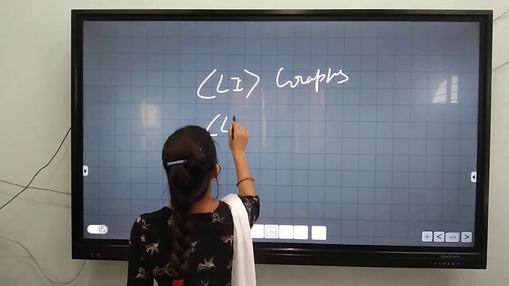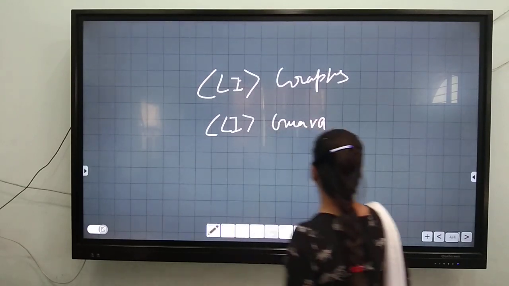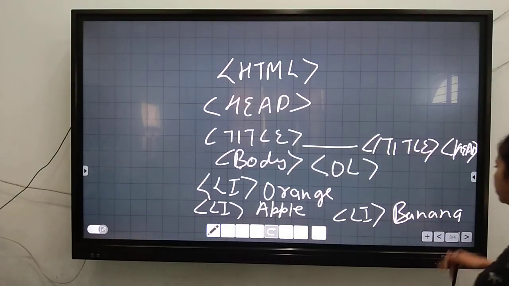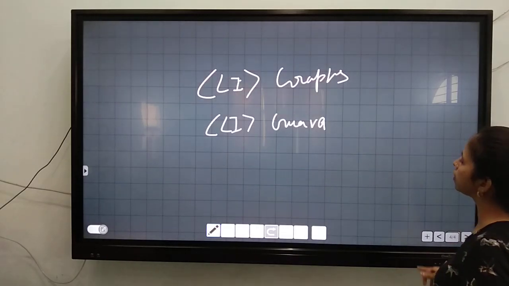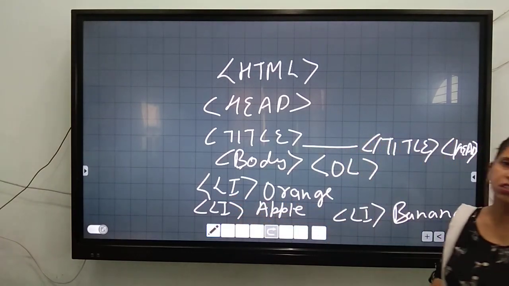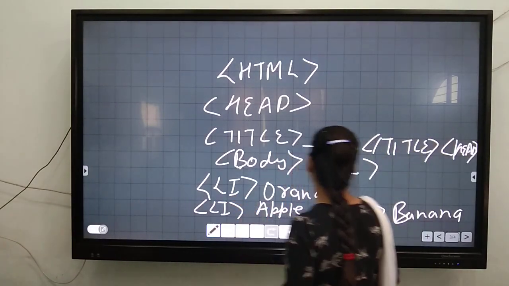The next li we will write guava. So can you see, I have written the 5 fruits names over here. First orange, then apple, then banana, then grapes and guava. Can you see, I have not closed this li because I told you this is an empty tag.